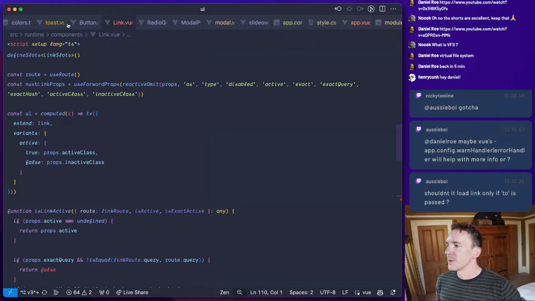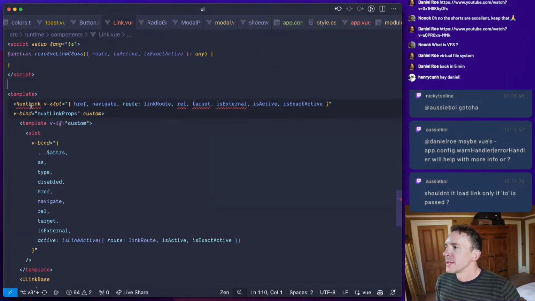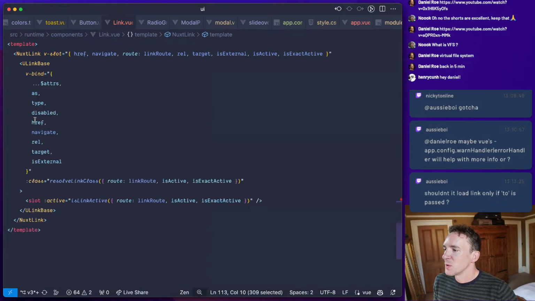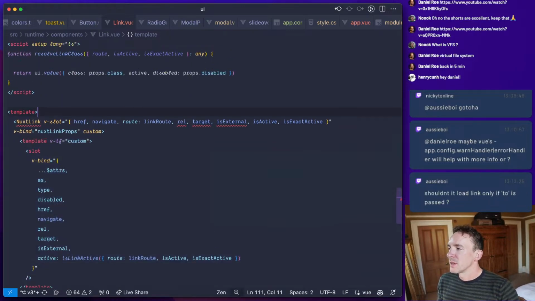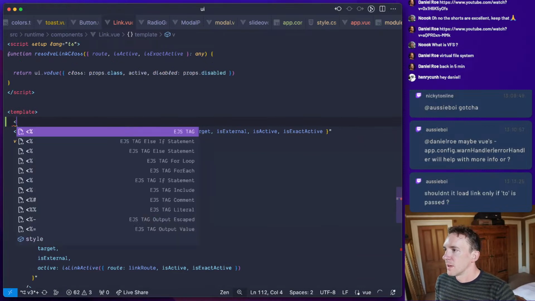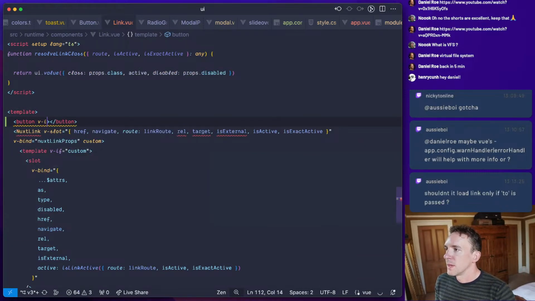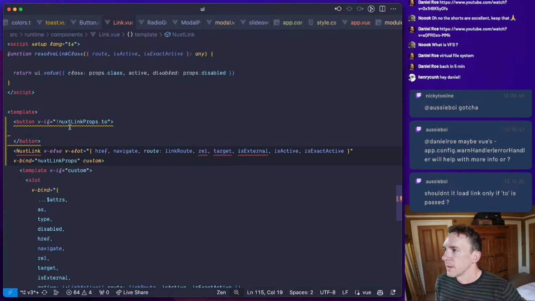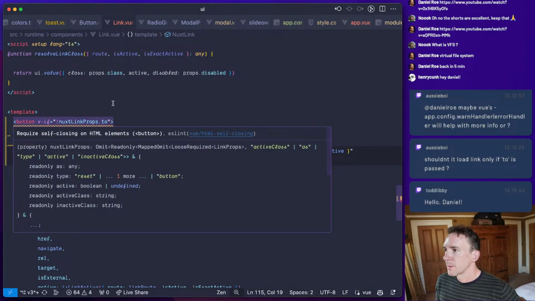So maybe that's where we do it. We do it here, right? So basically do something like, but the problem is there's no way of rendering all of this if there's no to. So maybe it's something like button v-if not that kind of thing, and then v-else, and then basically, what is it complaining?